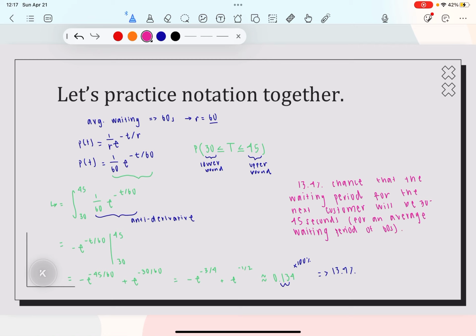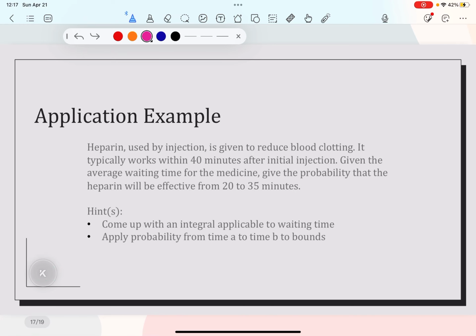So we're going to do a similar problem, but it's going to be a little bit more UMR-esque, what we're looking at. So this application problem says that heparin used by injection is given to reduce blood clotting. It typically works within 40 minutes after initial injection. Given that waiting time for the medicine, give the probability that the heparin will be effective from 20 to 35 minutes, so half to a little bit over 3/4, I should say, of that waiting time. And we're given some hints. Come up with an integral applicable to the waiting time. We know how to do that. And then apply probability from time A to time B